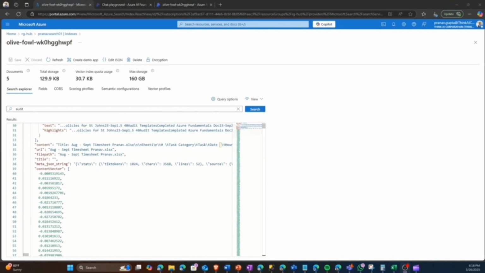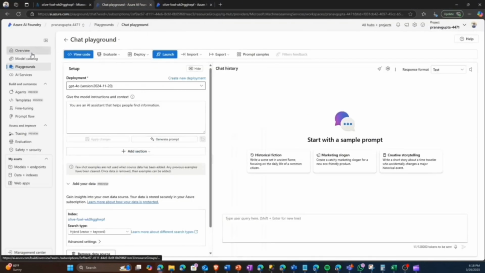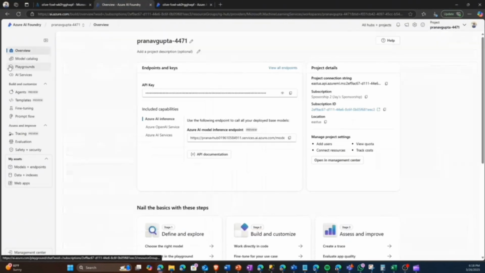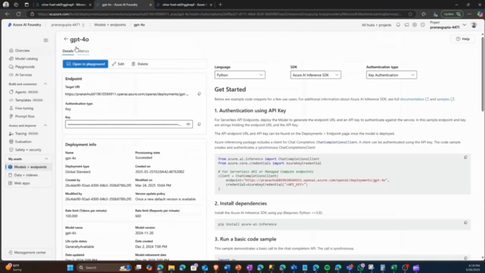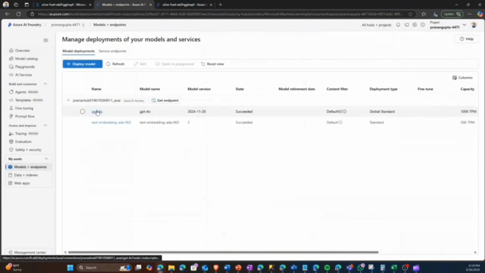Now, let's jump on to the AI Foundry, which is where we manage our custom AI workloads. Here you can see that we have deployed GPT-4o as our model, which is an advanced version of OpenAI's model optimized for faster responses and cost-effective inference. Right here in the Foundry interface,